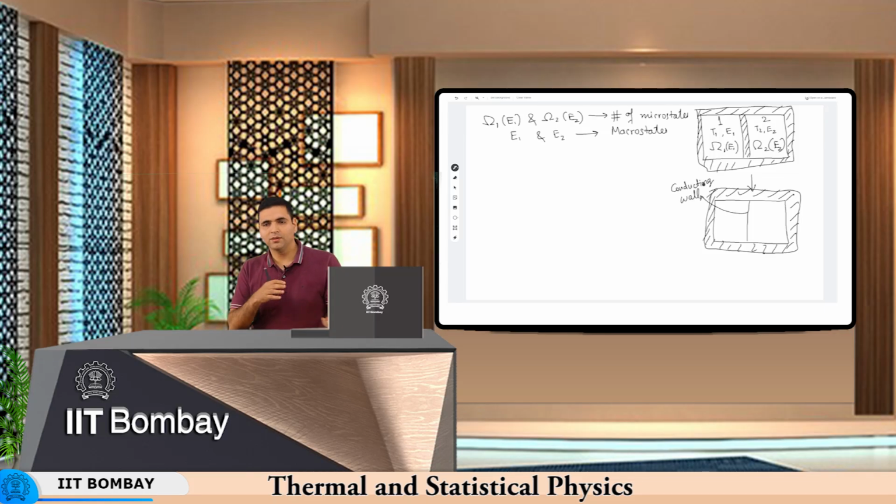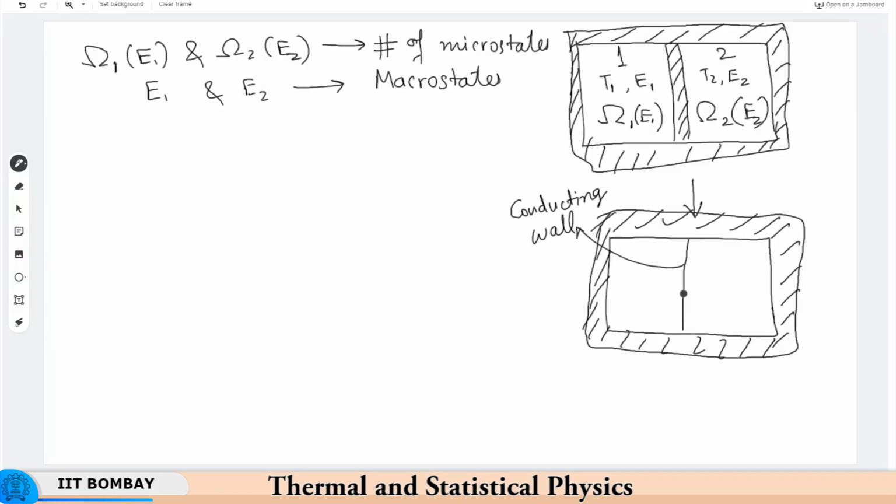So, what will happen is the molecules will start exchanging heat between each other and this system will tend to another equilibrium state, right. So, we started with the state where the temperature of the left first system was T1 and the second system was T2, and very naturally you can easily check that if we let this wall be a conducting wall, there will be a new equilibrium state where the temperatures of both these systems will be equal to each other, and that will be the equilibrium state, all right.